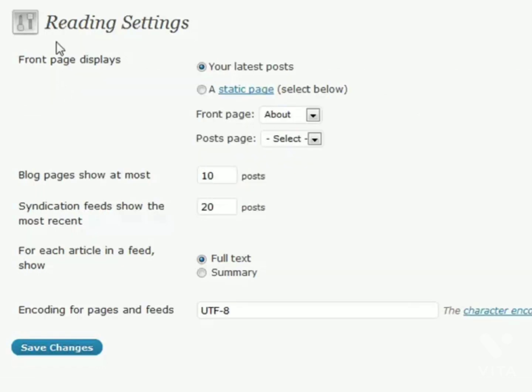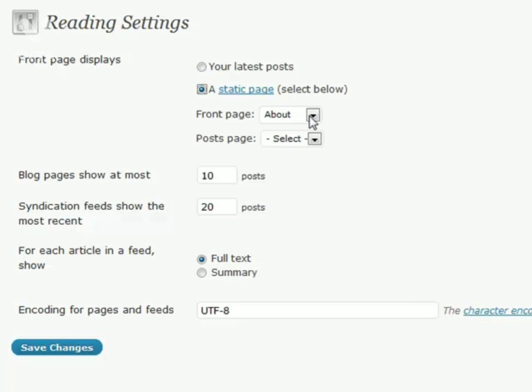All right, reading settings. There's a couple of different options here for not only reading your blog, but also feed reading with RSS and syndication. For the most part, most people want to be able to show the latest posts on the home page of their blogs. But for some smaller blogs, or some people that maybe want to show the same information to everyone who first enters the site, maybe want to display a static page, and that's a single page of your